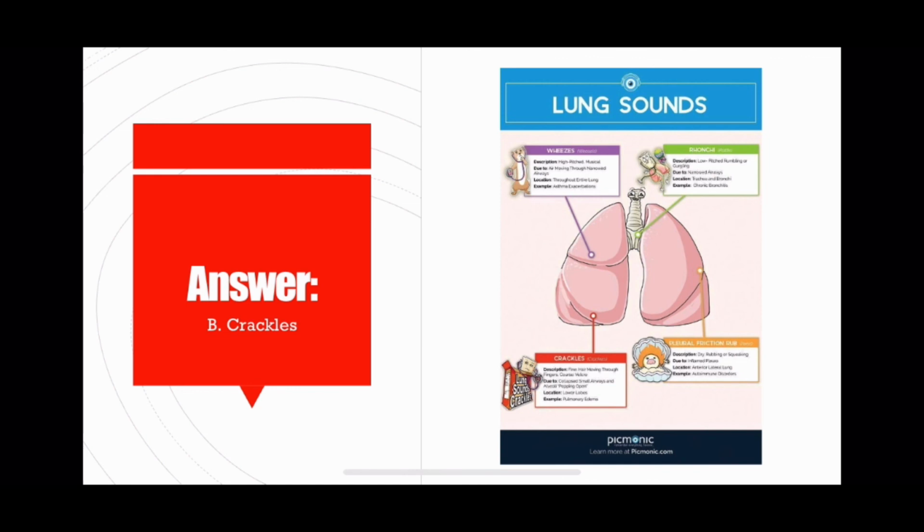Pulmonary edema is characterized by extreme breathlessness, dyspnea, air hunger, and the production of frothy pink tinged sputum. Auscultation of the lungs reveals crackles. Bronchi and diminished breath sounds are not associated with pulmonary edema. Stridor is a crowing sound associated with laryngospasm or edema of the upper airway. And it has these other sounds that may be heard, described along with it in this picture here.